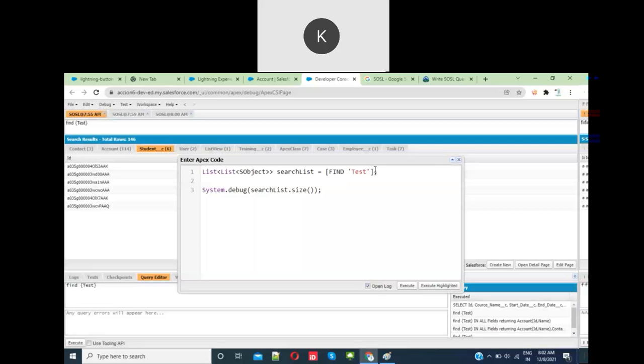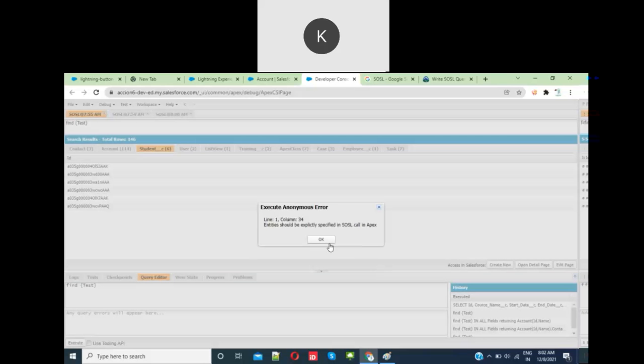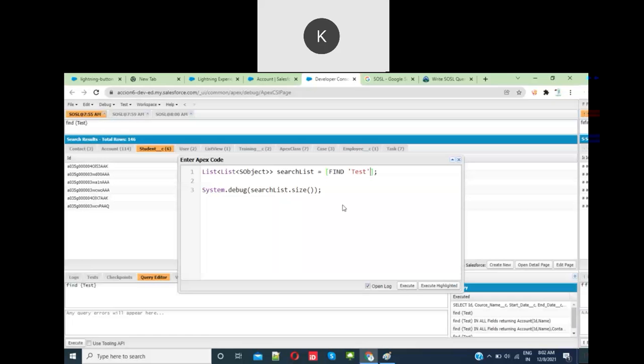Okay, so entities should be explicitly expressed. Entities is nothing but objects. When you want to return something or objects, you have to use FIND test IN ALL FIELDS RETURNING Account,